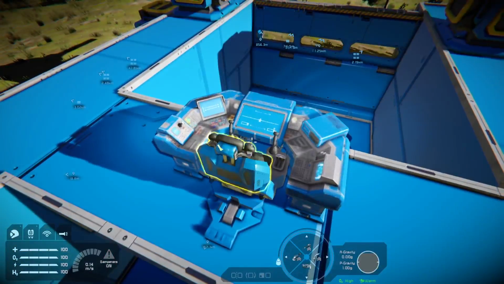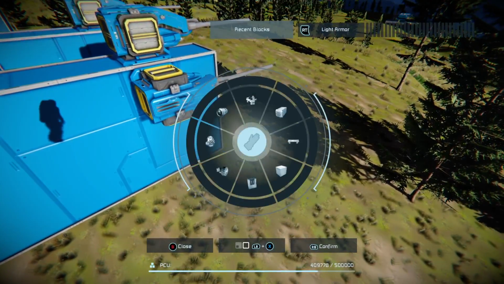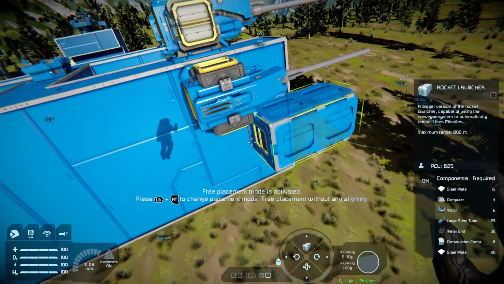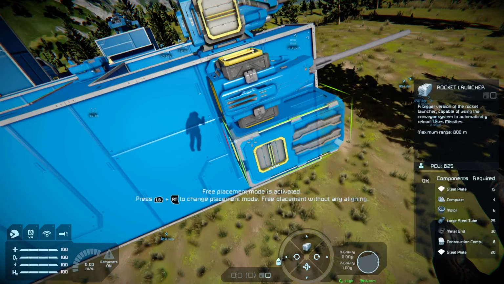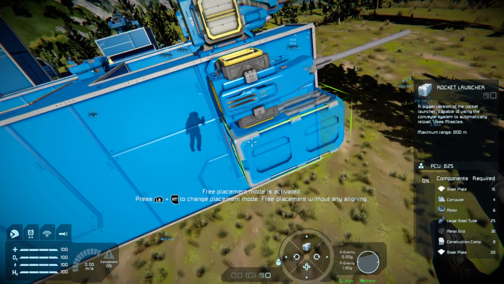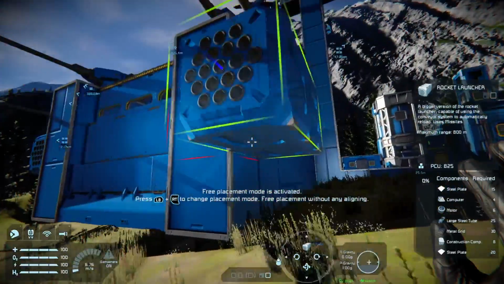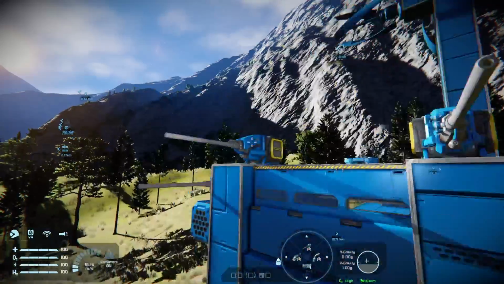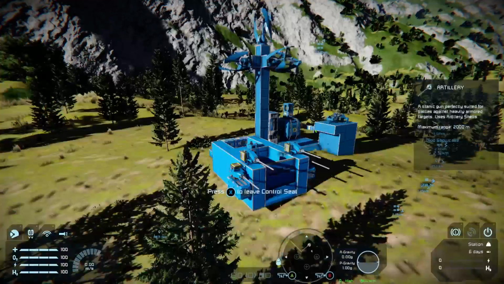What happens if we have a couple of rocket launchers also attached to our grid? Like this. Now we've got 2 sets of weapons, artillery and rockets.